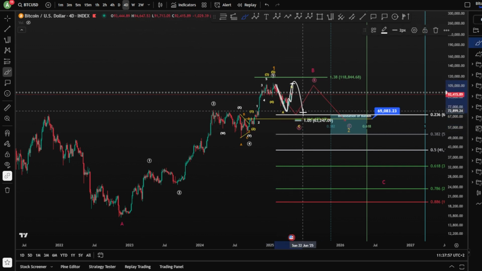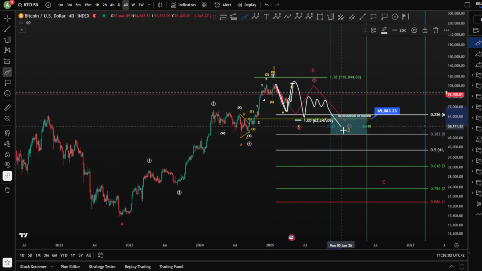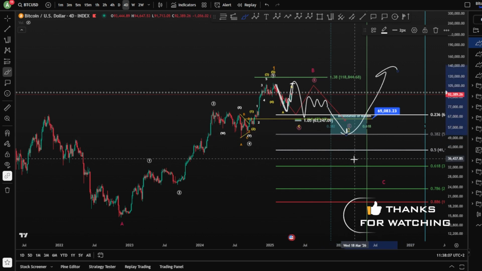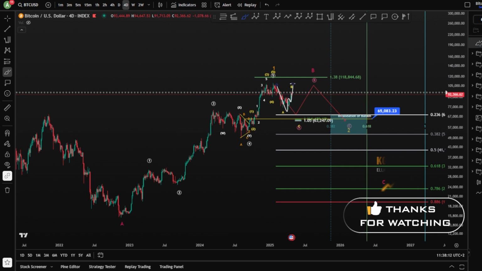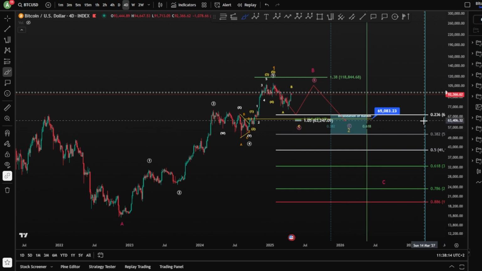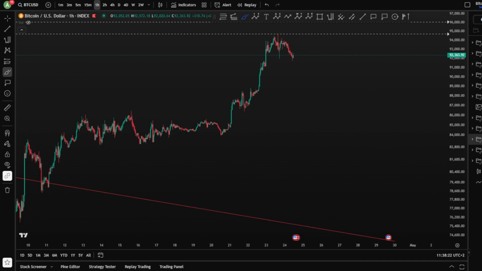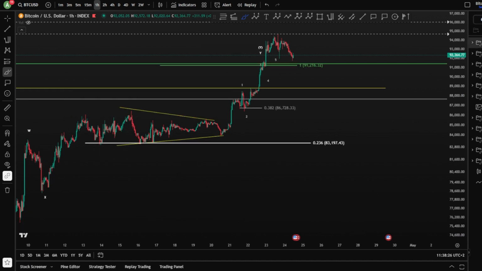A, B, and a C for a wave A, having kind of a triangle after such a crazy scenario, and then moving for a wave C again for the 0.38 before we start a new bull run. So these are the real psychology of trading, guys, in Elliott wave. So let's move, of course, inside this area to see what are the potential, of course, for the next price action for today.